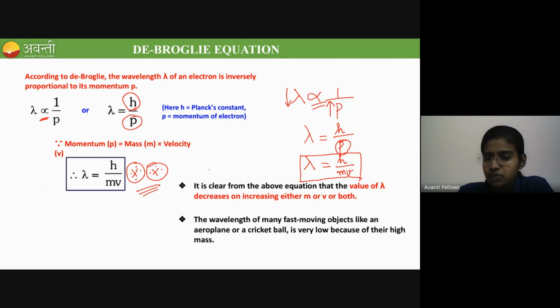It is clear from the above equation that the value of lambda decreases on increasing either the mass or velocity or both. Because lambda is also inversely proportional to this mass and velocity, right? So if the mass is very less or if the velocity is very less,